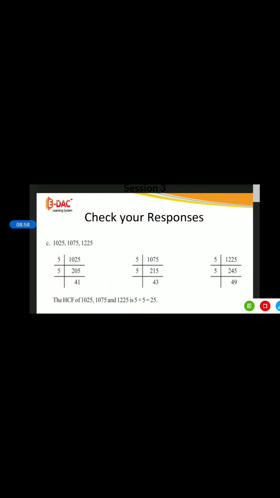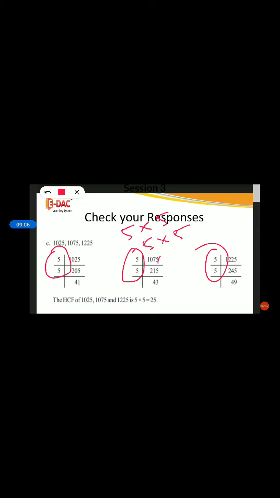5 again, 5 table, 245. 5. Again you need to divide it by 49, 1. 49 is a prime number or not? Yes. Okay, now find the HCF. How will you find the HCF? What I have said, group all this 5 5 5. So 5 into 5 here, 5 into 5 here, for this also 5 into 5.